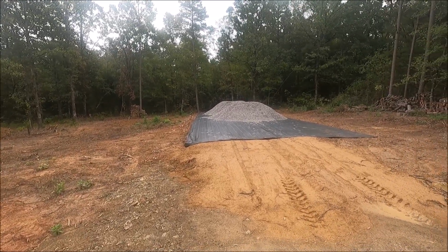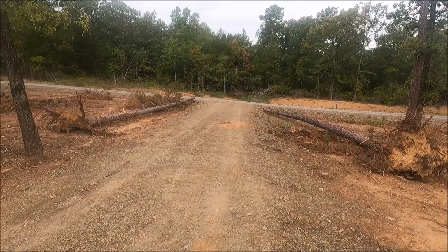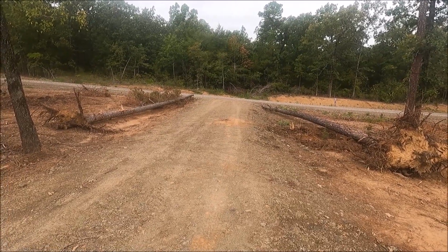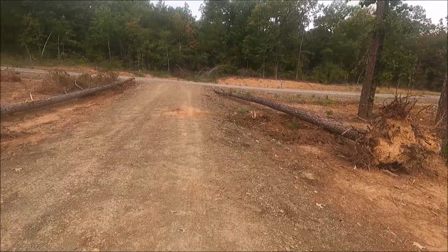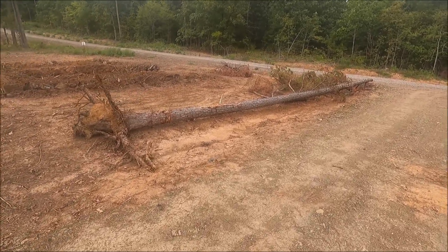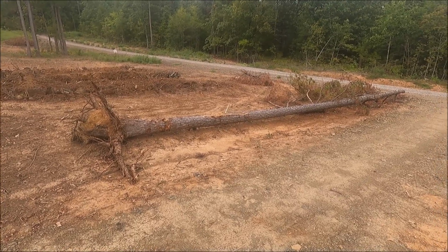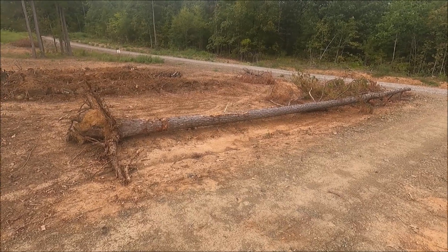Hopefully he'll have a video for you, but that rock should be spread out today. I'm hoping there's not a ton of work and that it's a pretty easy day tomorrow. But a chainsaw to take out these two pine trees would be good. I think Sean from Let's Trade Paint says he's bringing a chainsaw. They don't have to be cut into little pieces. They just have to be cut